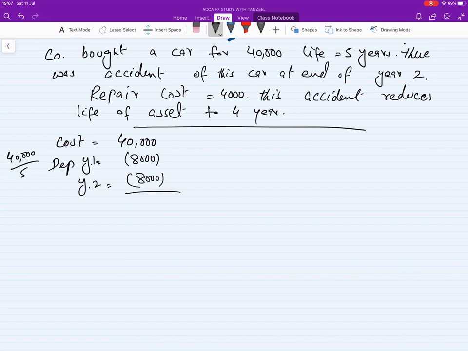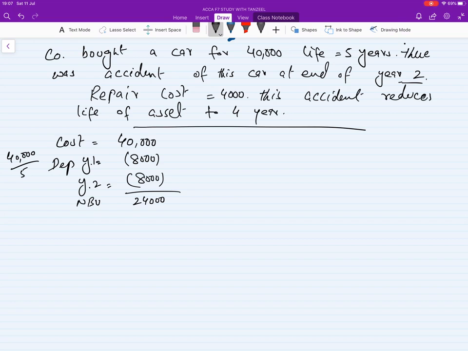So by end of year 2, the remaining NBV was 24,000. Okay, and now you have spent 4,000 as a